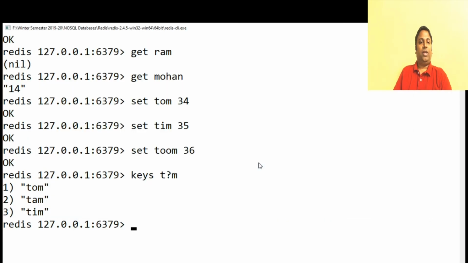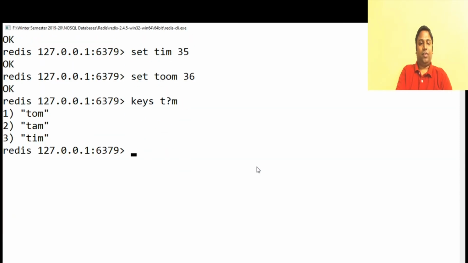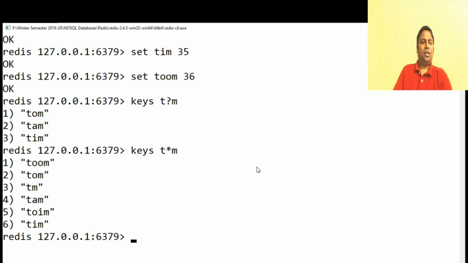Let me show you how this works. If we give keys T star M, it means return everything that starts with a T, ends with an M, and there can be any number of characters in between. So it returns everything from my database.